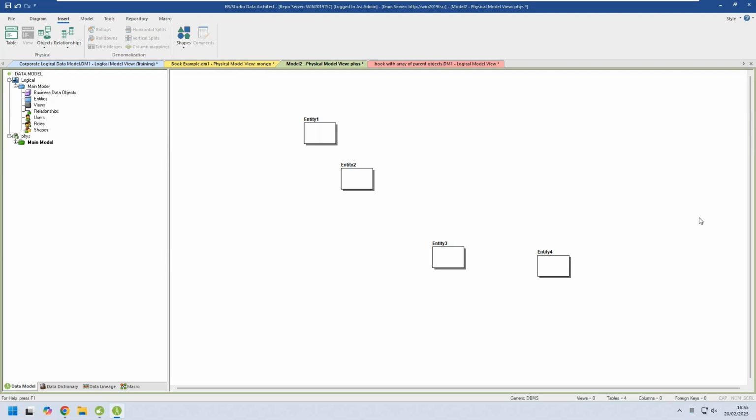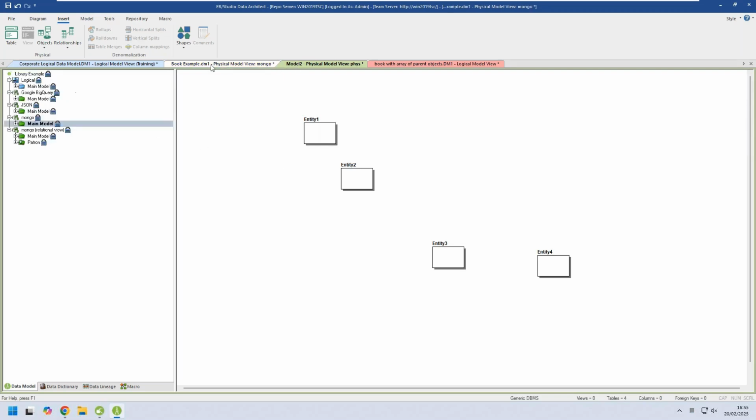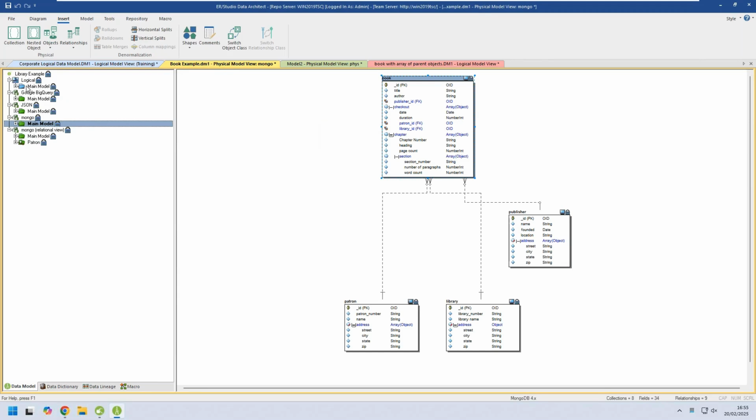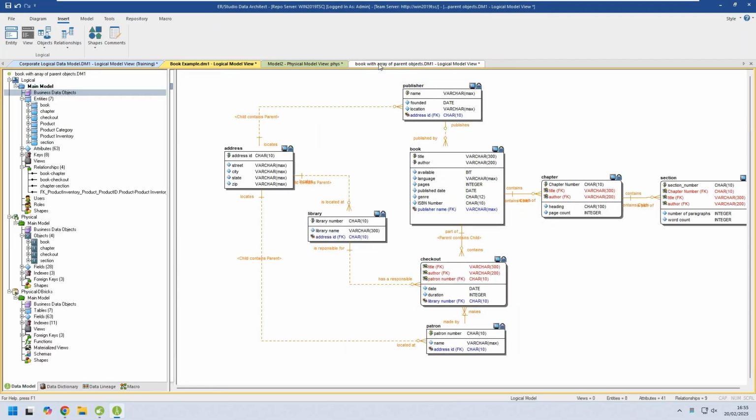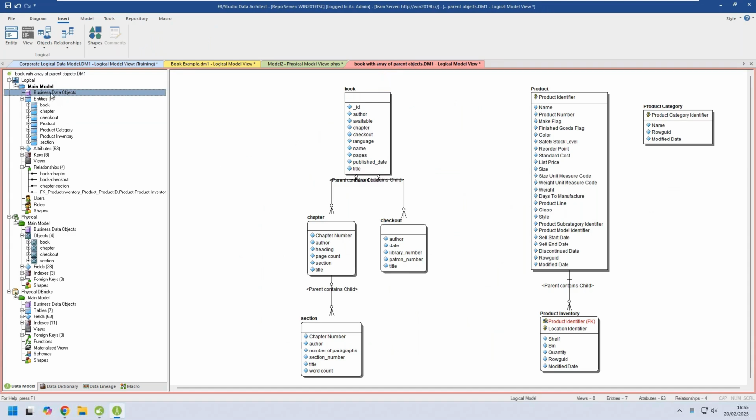So we've got one there. So John, there's one here on, can you demonstrate generating a physical MongoDB or JSON from a normalized logical? I think that's what you just did. Did we do that? Well, basically we can take the library example. Yeah. The logical one there, I mean, that can be in any kind of